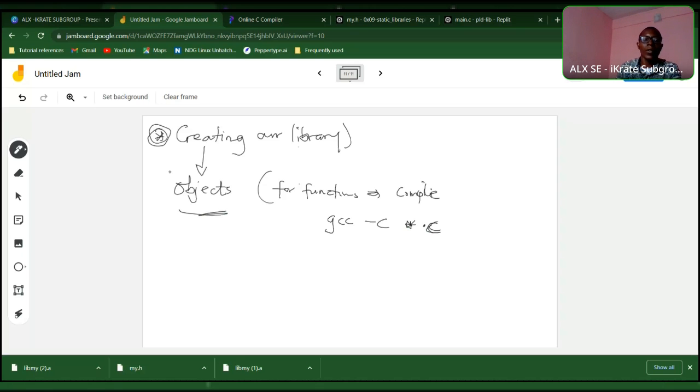Once you have the object files generated, you then need to create the archive. And you create the archive by using ar -rc. Then you pass it the name, okay, library name dot a. Then pass it the object files as well. So in our case, we pass all the object files that were available. Then the next thing you need to do is index it. So you index it with